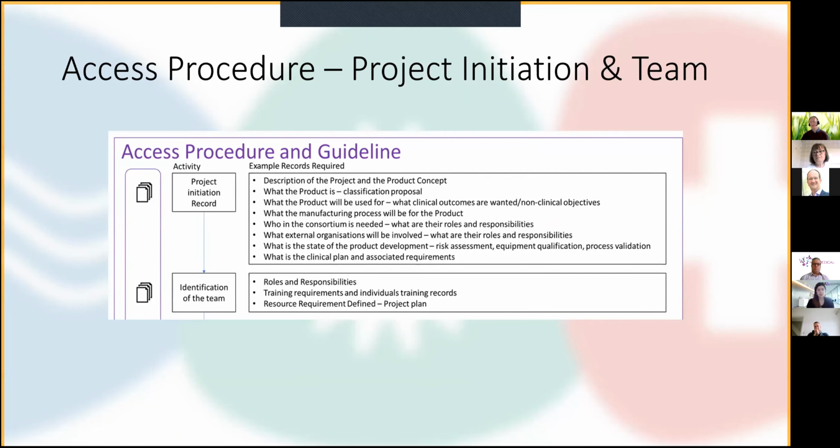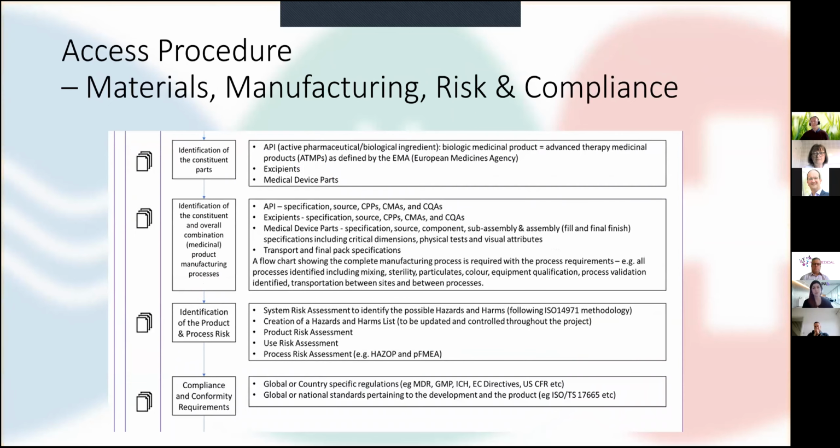At the initiation of the project, you'll identify the team, roles and responsibilities, and then that will actually lead into defining what the product is, how it's actually made, what the risks are that you actually have. And I've listed some of the different ways which you should be actually conducting your risk assessments and your compliance and conformity to those